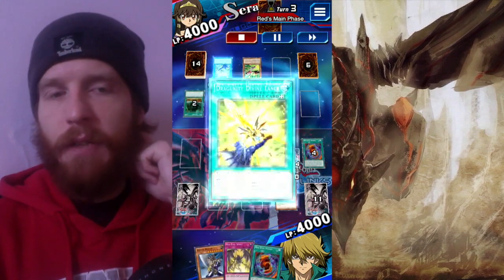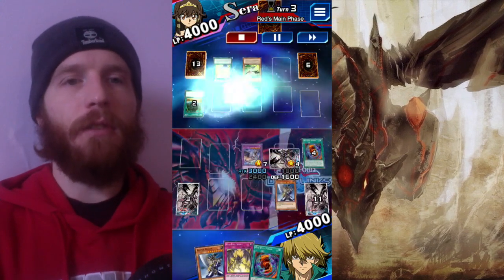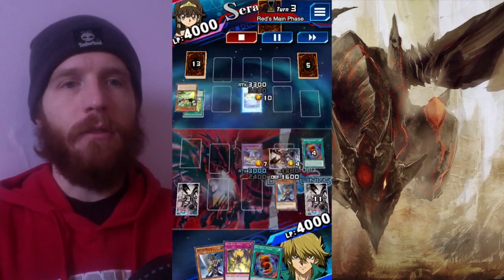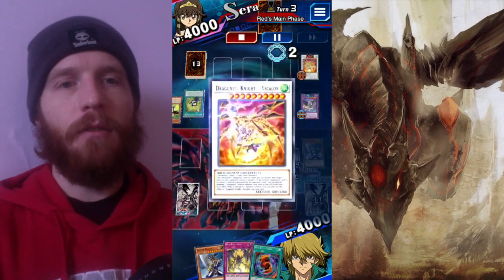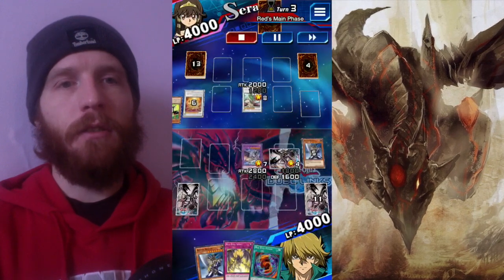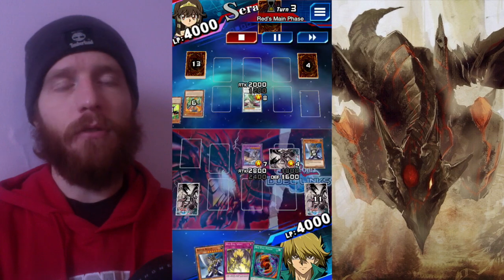He Trunades my Spirit into my hand and uses Divine Lance to get another Dragunity from his deck onto the field to Synchro Summon into Ascalon. Ascalon uses its effect to get rid of a card. I use Red-Eyes to negate the effect and to destroy Ascalon by getting rid of Buster Blader. He uses... what is it? Barca to... I actually don't know how Dragunity works that